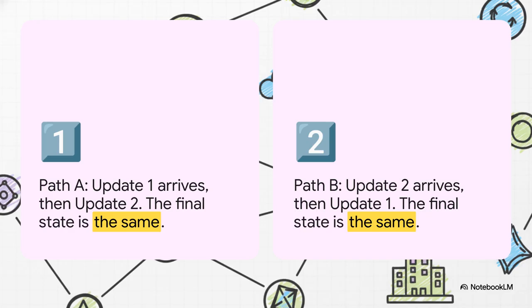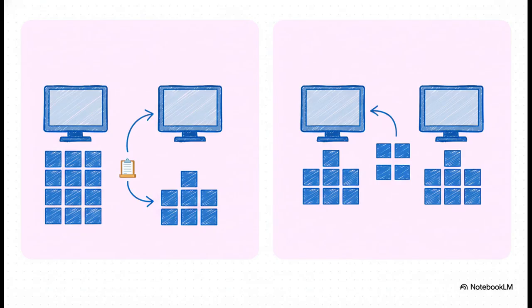It's so clever. But this whole process also has to be efficient, right? You can't just be sending the entire app state back and forth all the time. That would be incredibly slow. So instead, nodes just exchange a summary, which is like a tiny fingerprint saying here's the version of the data I have, and a delta, which is only the new stuff the other person is missing. It's a really smart way to keep network traffic way down.